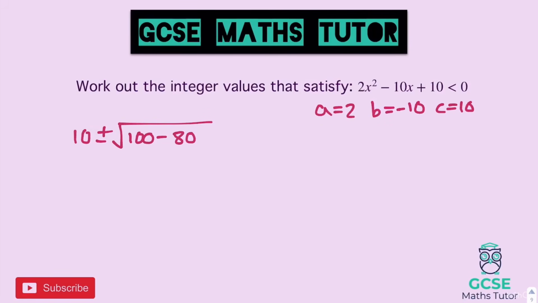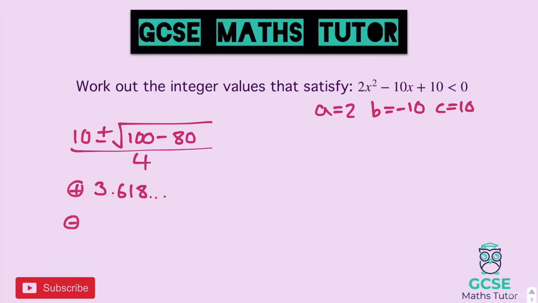Obviously just take your time working that out. That's 4 times 2 times 10 that I've just done to get my 80 there. And that's all over 2a. 2 lots of 2 is 4, so it's all over 4. So for my positive answer and my negative answer, I'm going to have to do this on the calculator. So press my fraction button, 10 plus the square root of, and 100 minus 80 is 20, so I'll just put 20 in, and that's all over 4. Press equals, turn it into a decimal, and I get 3.618,